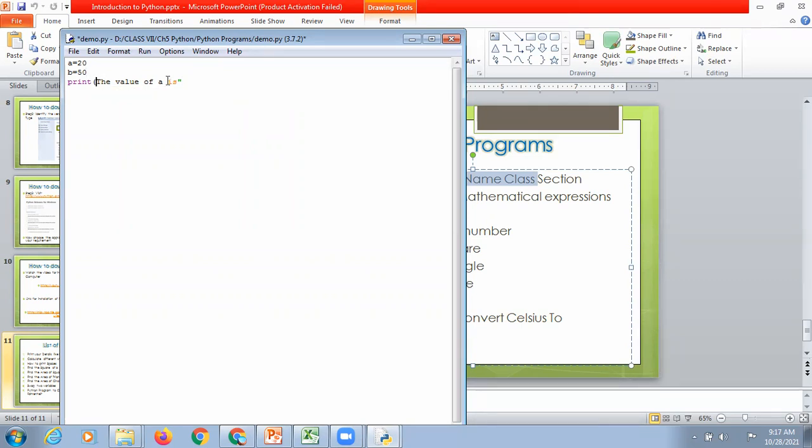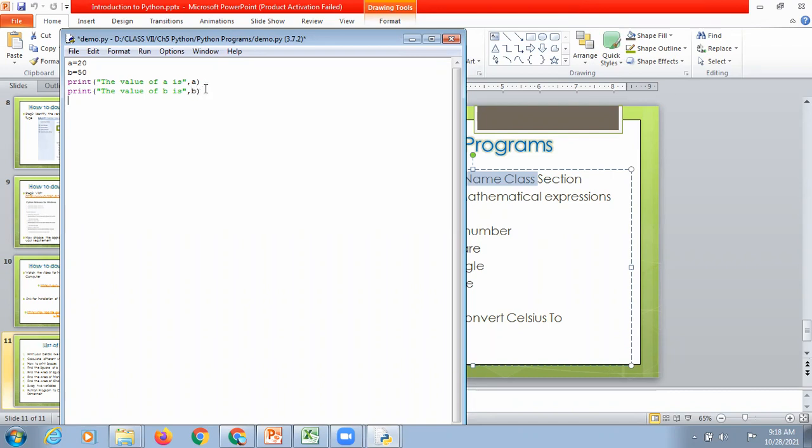That's why it is red in color. Okay, the value of A is A. Copy the same line, paste. The value of B is B.